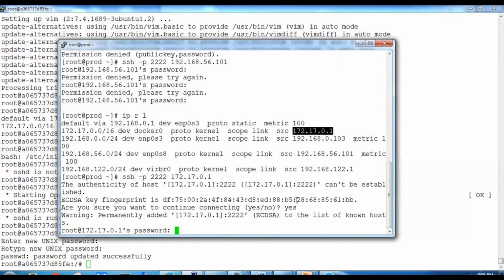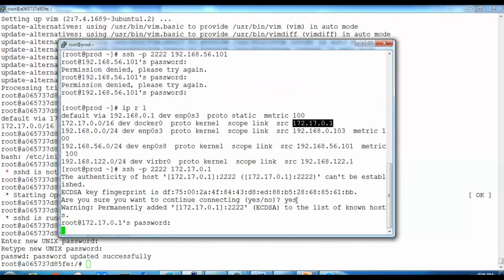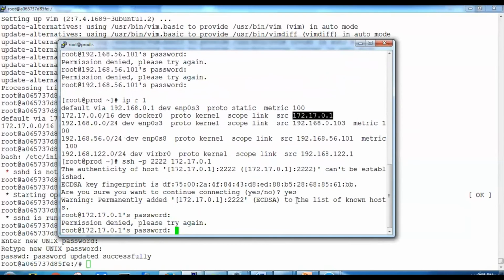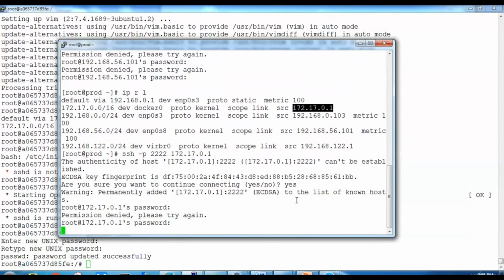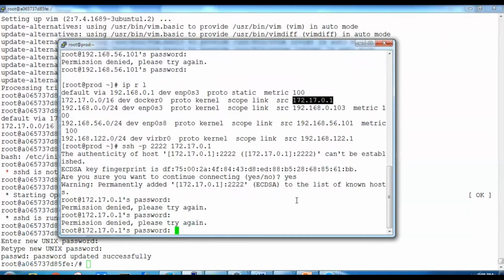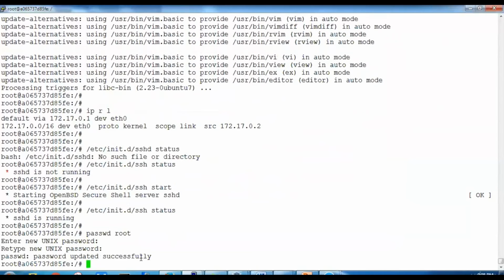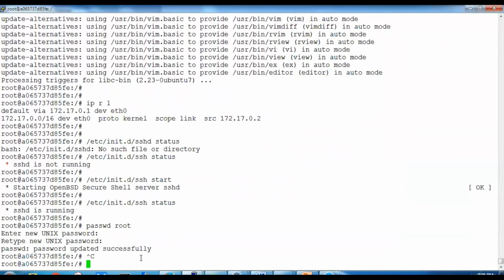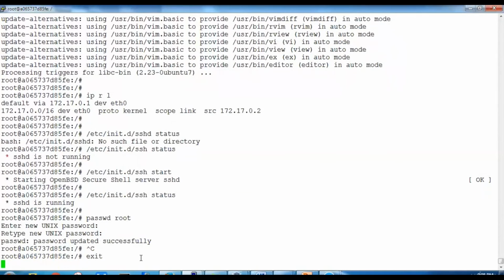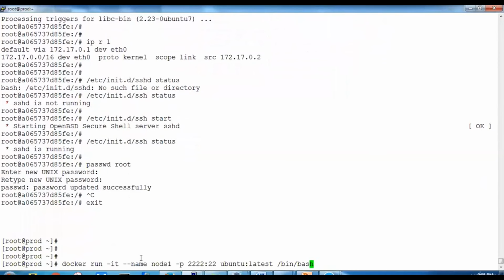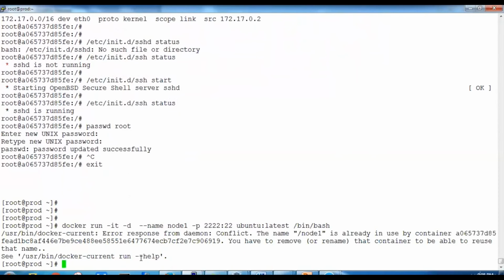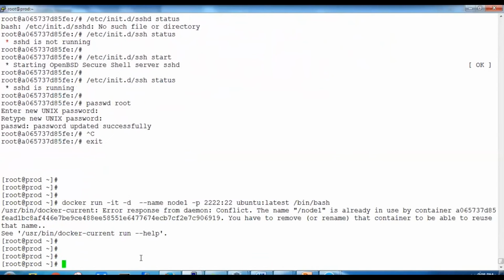You want to connect? Yes. So it's not taking the password. So we'll come out by using Control D. We have exited, and now we'll rerun it and check if there is any issue with login and logout. It says we do not have to create it because it's already there.